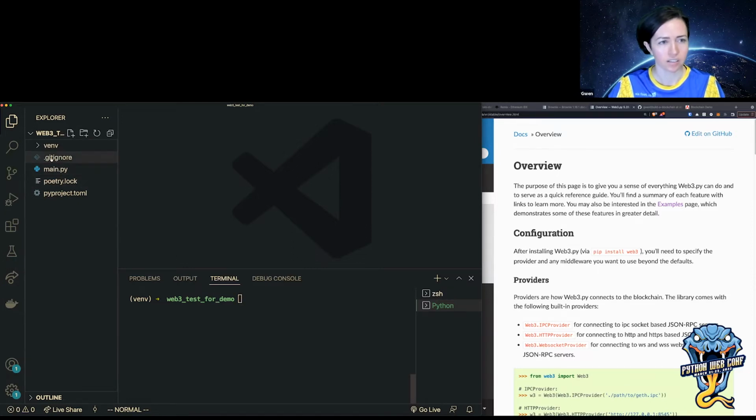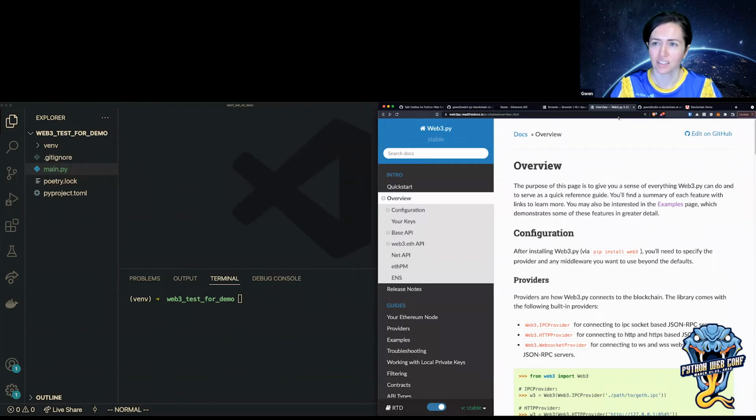Then I just generated this .gitignore, and I have an empty main.py file, and I'm using Poetry as my package manager. You can use whatever you want. I just always use Poetry by default. So to install things, I'm going to use Poetry.